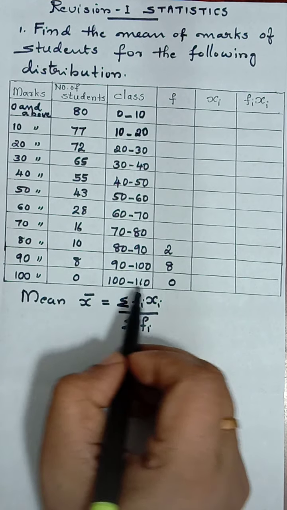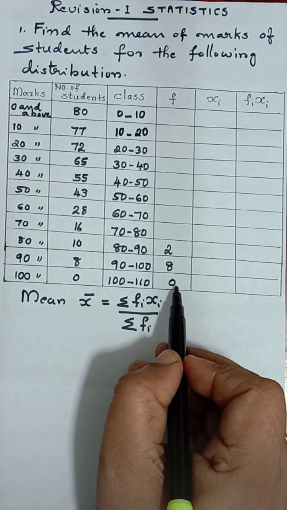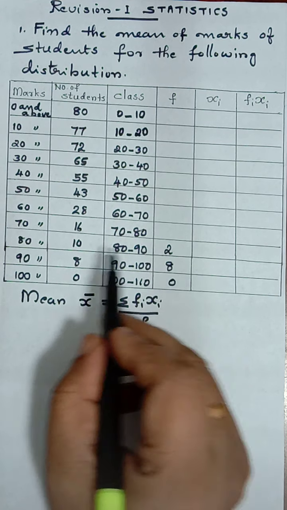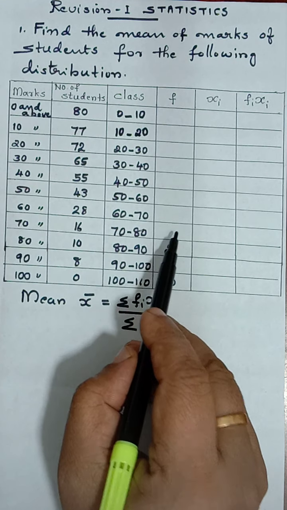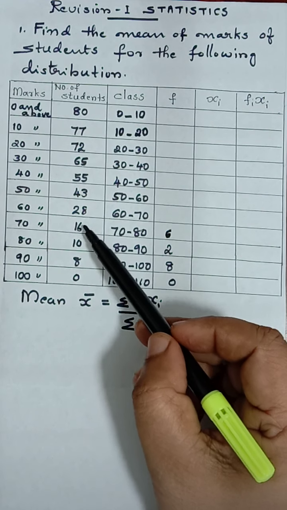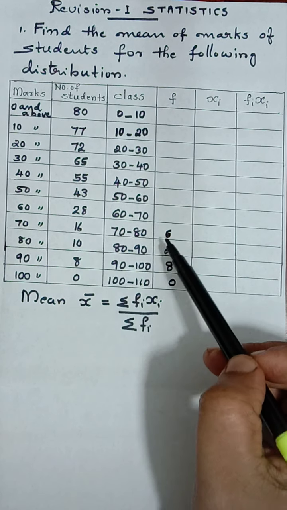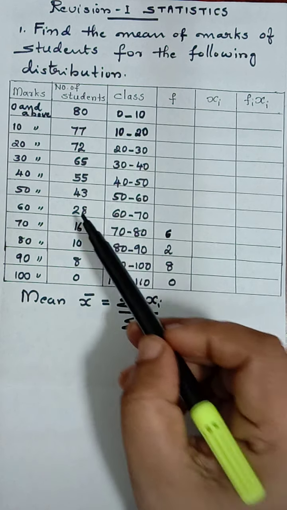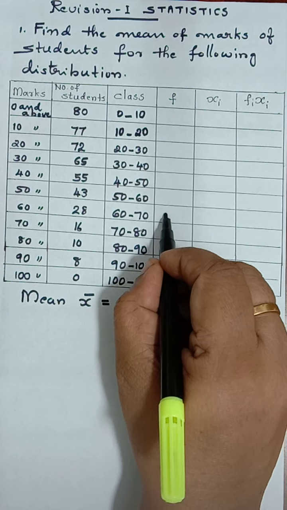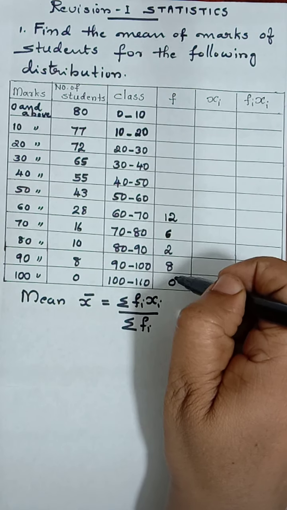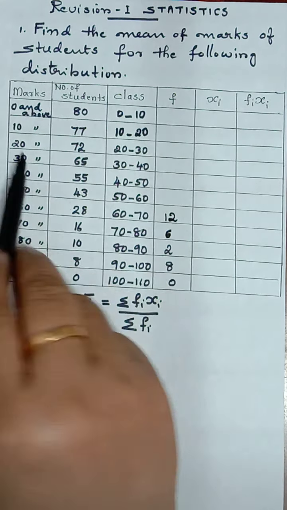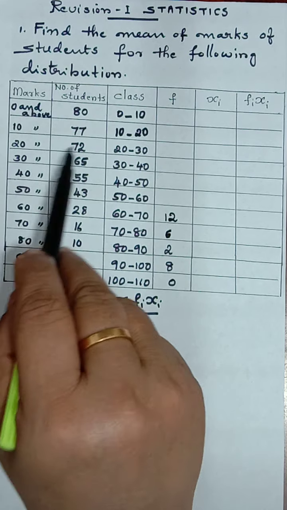When you check it again you will understand: 100 above, 0 students; 90 above, 8 students; 80 above, 8 plus 2, 10 students; 70 above, 10 plus 6 is 16. That means from this number we have to subtract, so that we will get this frequency. Now 28 minus 16. How much will we get? Isn't it 12? 12 we are getting here. That means reversely, when we add this you will get the cumulative frequency in the case of above, 0 above, 10 above, etc.